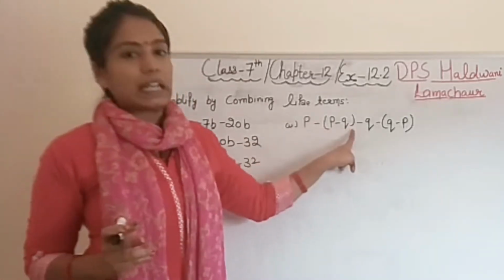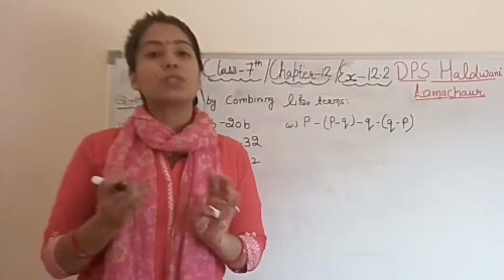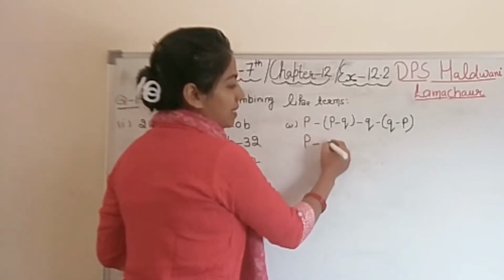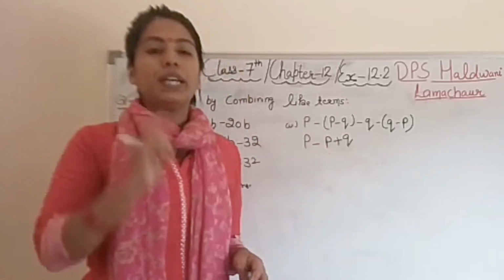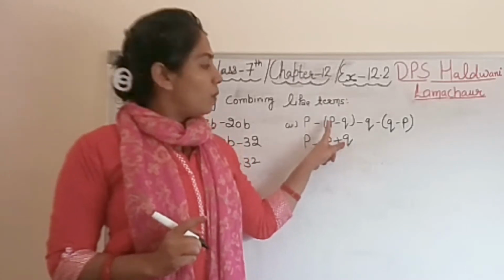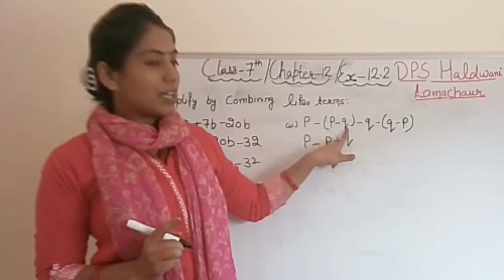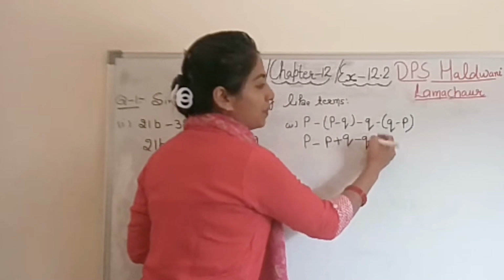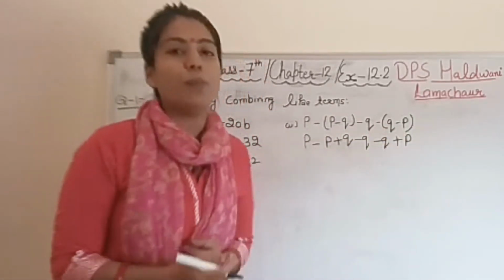Coming to our second part. In this we have bracket terms and outside there is a sign. So first of all, according to BODMAS, we'll open the bracket first. There is one shortcut also, student. Whenever there is a subtraction sign outside the bracket, always the sign will change inside. P is plus, so it becomes minus. Q is minus, it becomes plus. So we have opened the bracket.